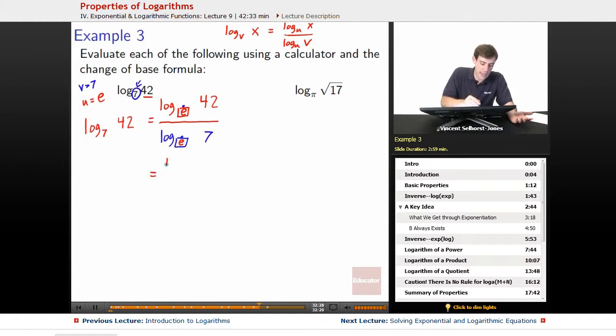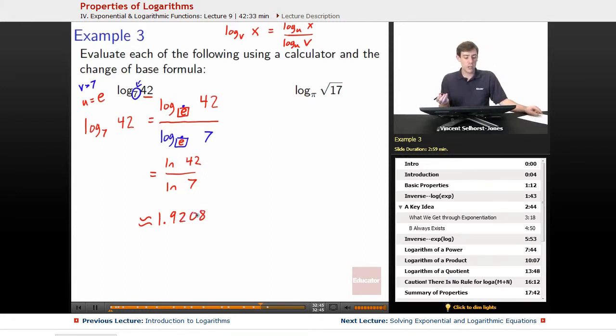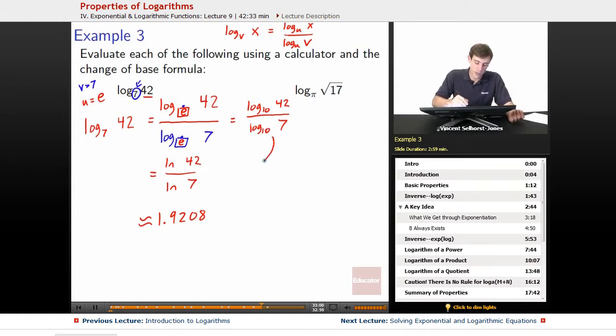So we'll rewrite that as natural log 42 divided by natural log of 7. We punch that into our calculator, and that will go on with lots of decimals. So let's cut it off, and it'll wind up being approximately 1.9208. Now, if you wanted to, you could have also done this as something else. It would have also been the same as log base 10 of 42 over log base 10 of 7. That'd be the same if you used common log, something that also shows up on a lot of calculators. And you'd wind up getting the same thing. It would come out to be approximately